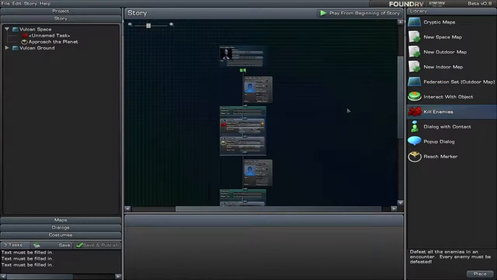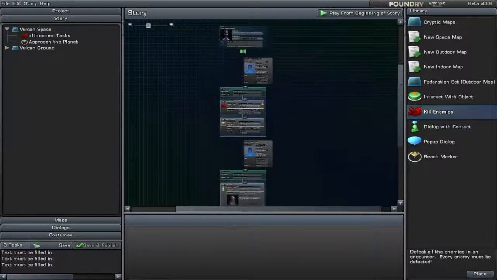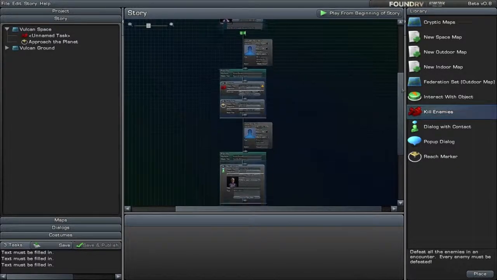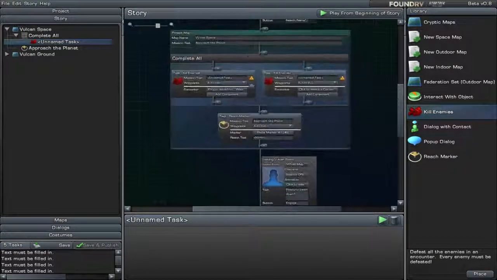And so far, as you've learned the Foundry, you've probably thought of it as a pretty linear tool, a tool to tell a rather linear story. After all, there's the storyboard, and it's one task followed by another, followed by another. You can sometimes add variety. For example, you can drop one thing on top of another to create a complete all objective,